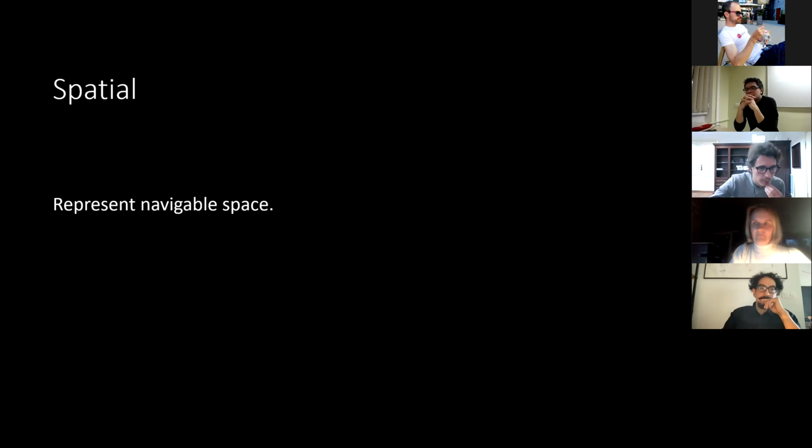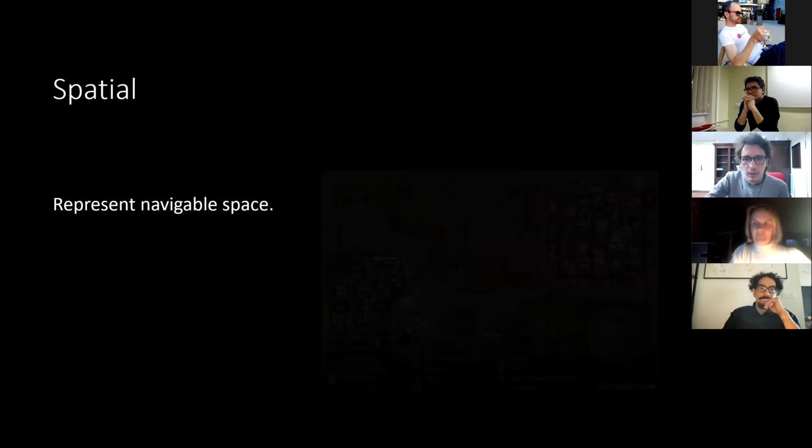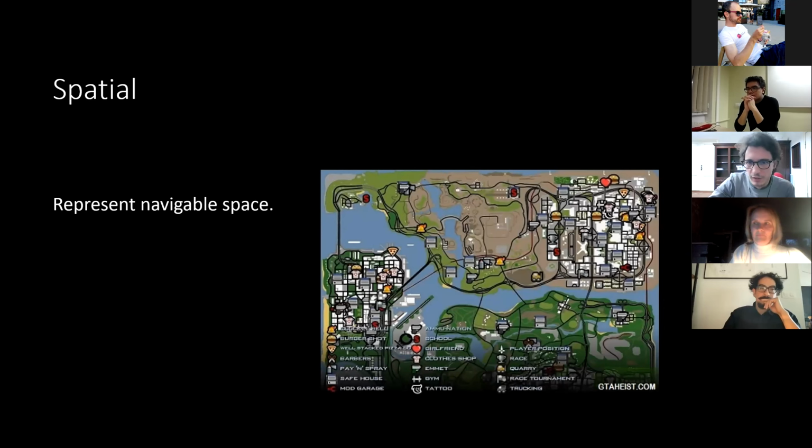So the spatial property means that digital artifacts can represent navigable space. And of course, the clearest example of this is video games, where we have sometimes very large and very detailed maps. So we can visit them, we can look for places, we can go all around buildings and so on. And so, as defined by Murray,